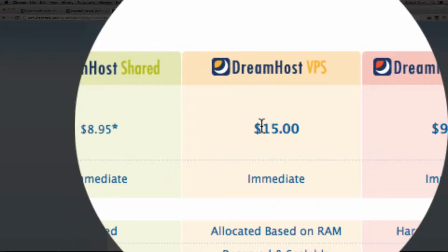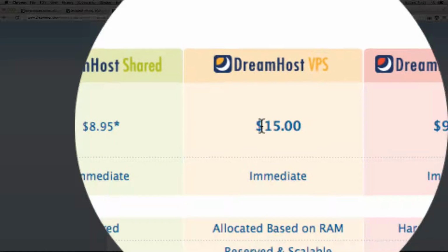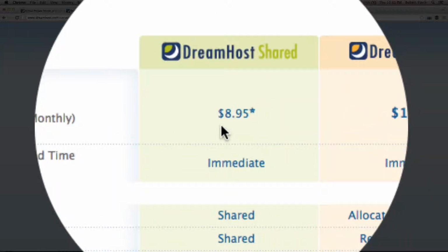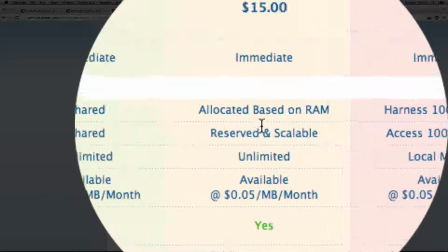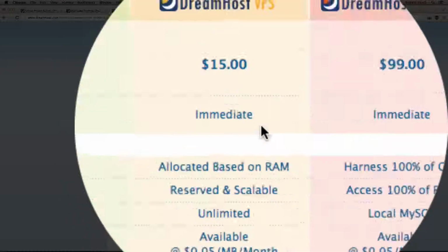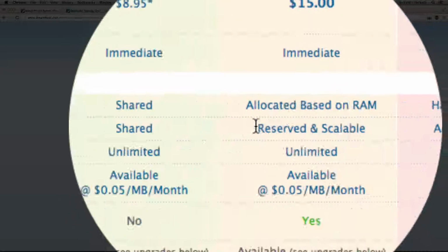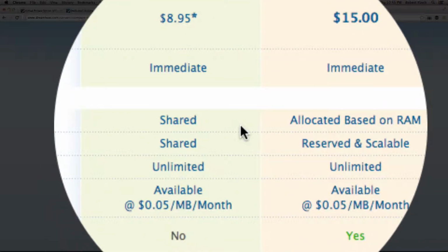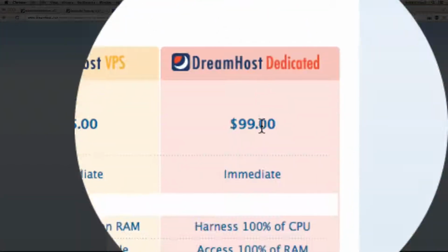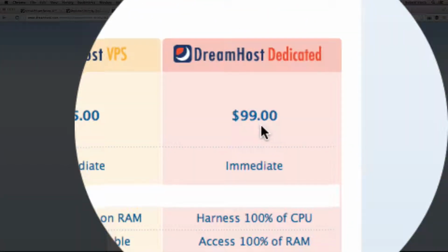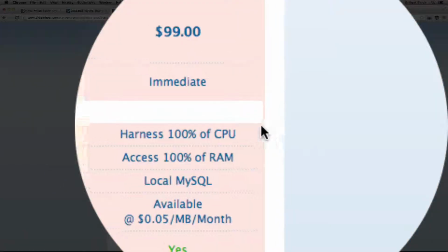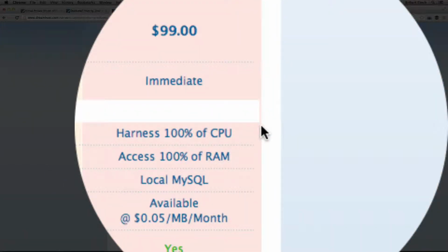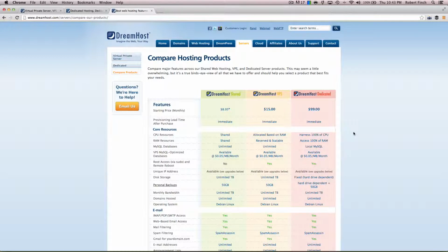But on the flip side, the DreamHost Virtual Private Server is only $15, which is not much more than $8.95. You'll see that that allocates your CPU resources based on RAM rather than sharing them with everyone else. And if you want to go one step further, like I said, the DreamHost Dedicated starts at $99 a month, and all three are immediate, so you can start hosting today. And that is the difference between shared, virtual private server, and dedicated hosting on DreamHost and any other